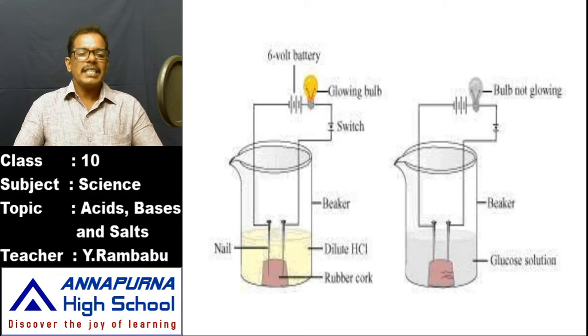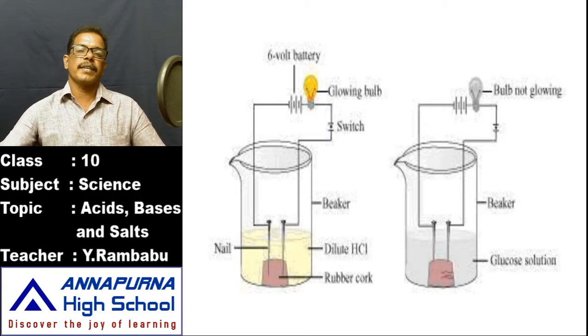Even if we turn on the switch, the circuit is not closed. Why is the circuit not closed? These two iron nails are not in contact with each other. Like that, make this electrolytic cell, or voltameter, and prepare aqueous solutions of different substances.